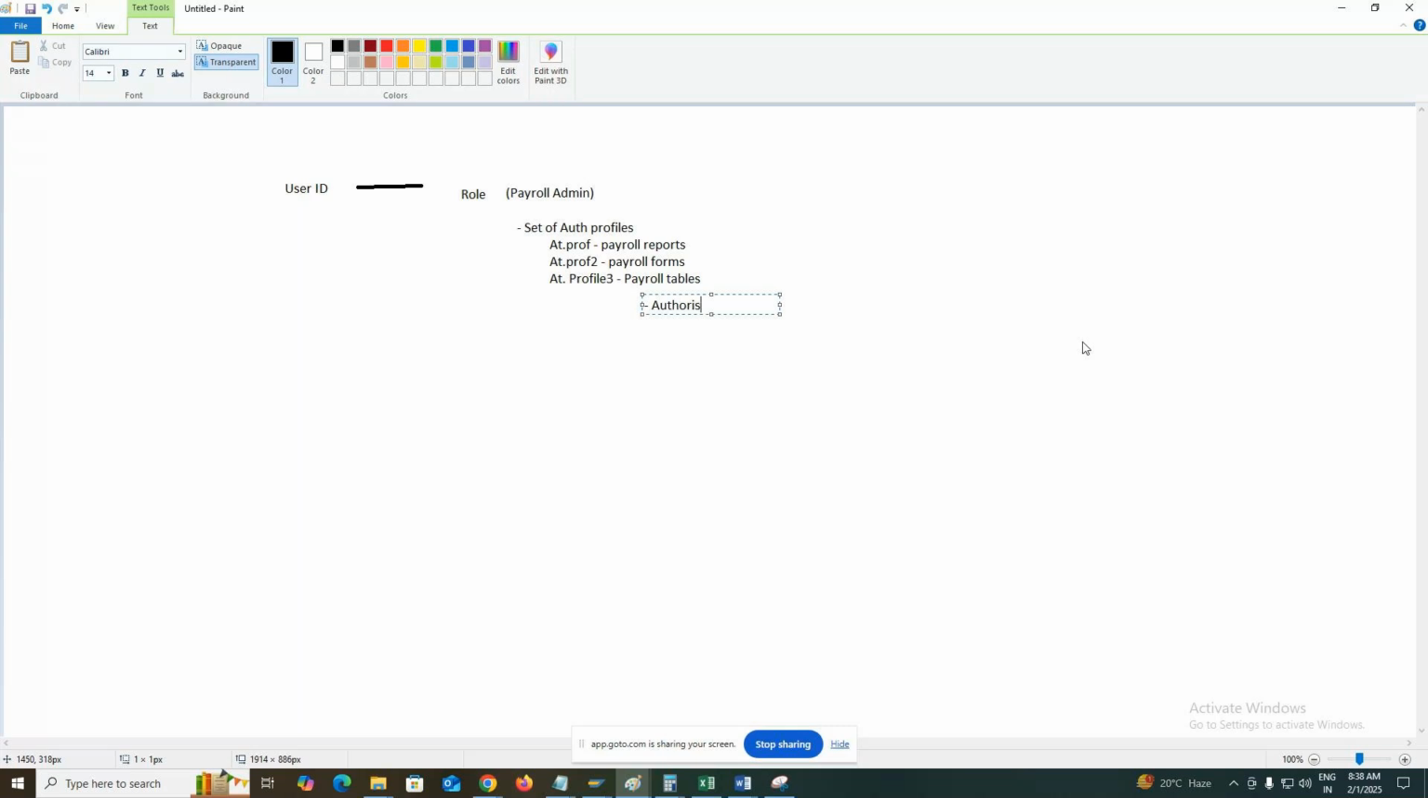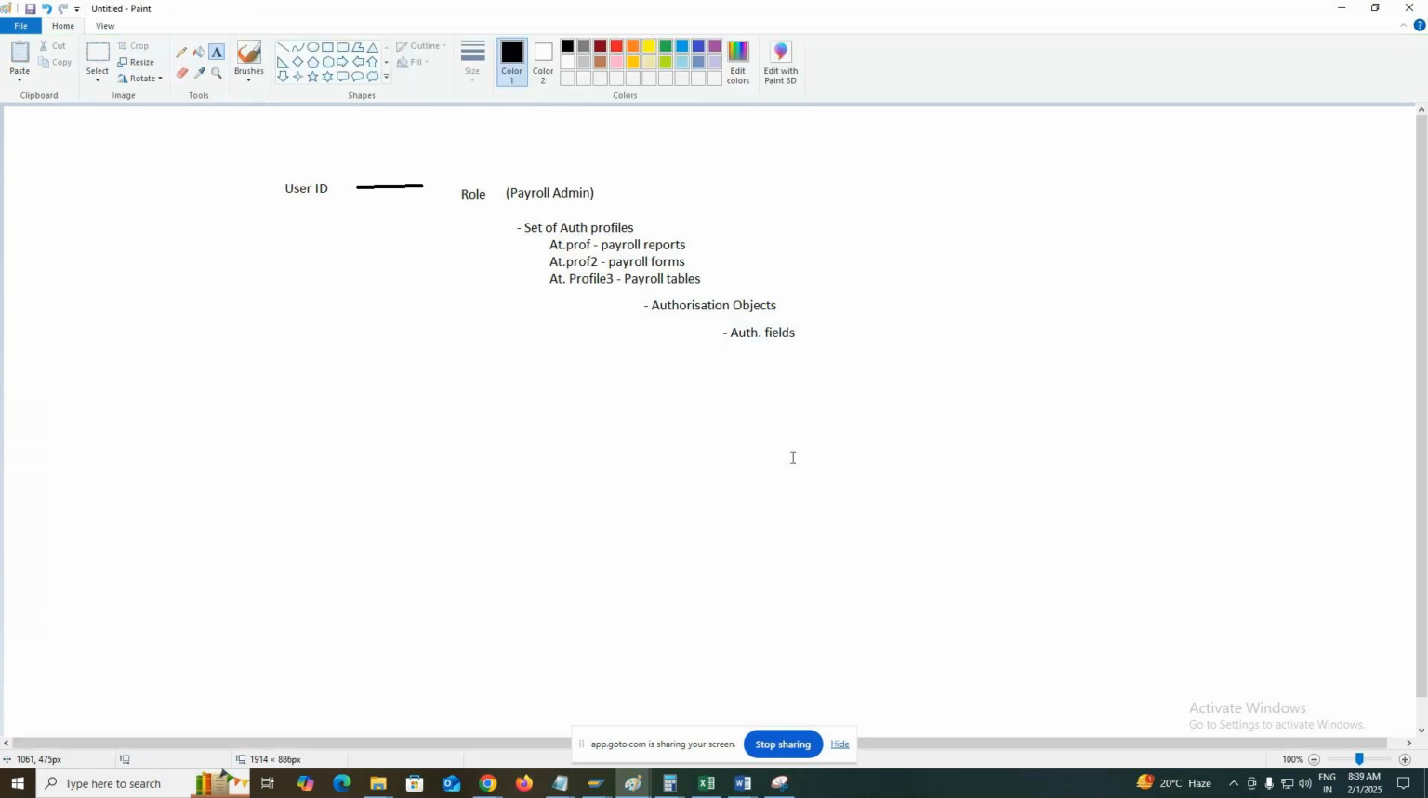Authorization objects. Take authorization objects directly. Okay, so each authorization object contains authorization fields. Okay, authorization fields. So this is a hierarchy which will be created by the basis team